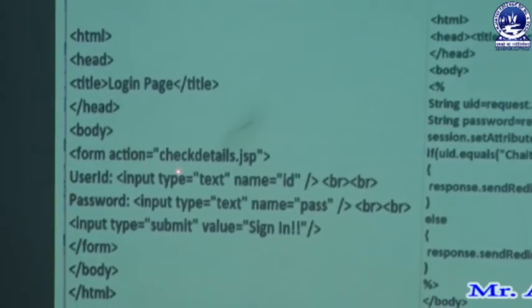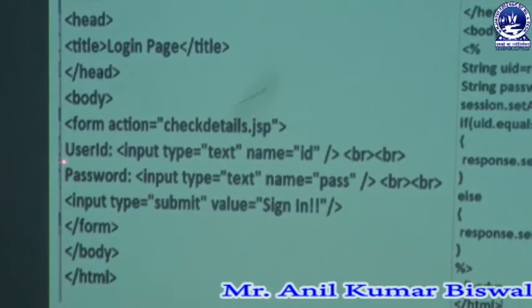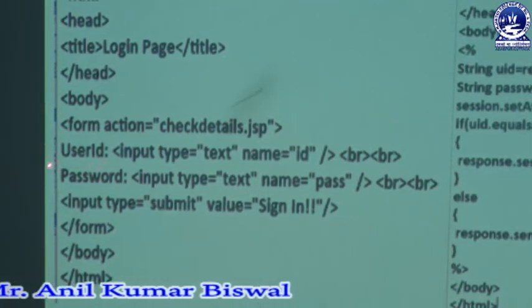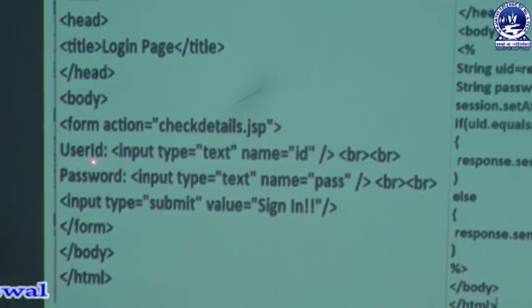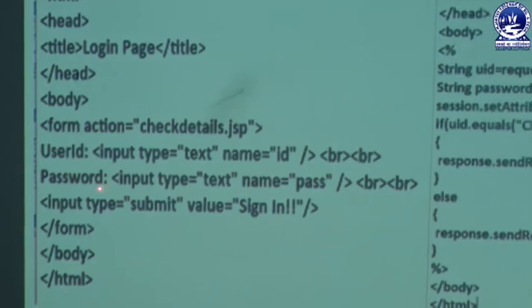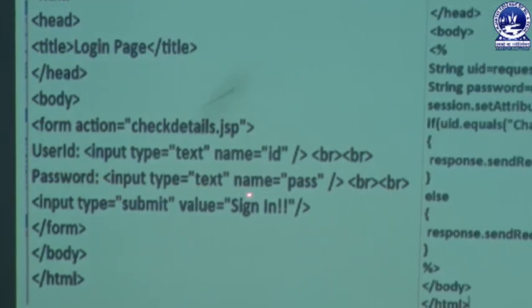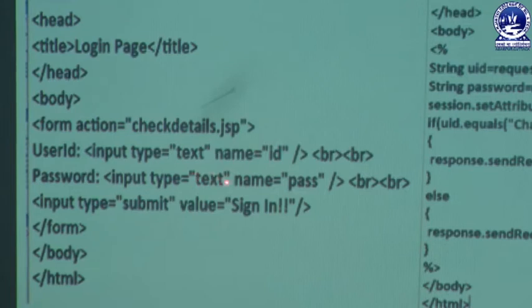In that form tag we have two statements, the user ID, and that user ID is created as a text field, with type known as text. Then we are mentioning the name attribute. In that attribute we are mentioning some unique address that is written as ID. Through that name attribute we easily mention some details in our program. Then we close that BR tag. Then we are writing your password. In that password we are creating another text field. That text field is always named pass, and you can write anything in that pass.